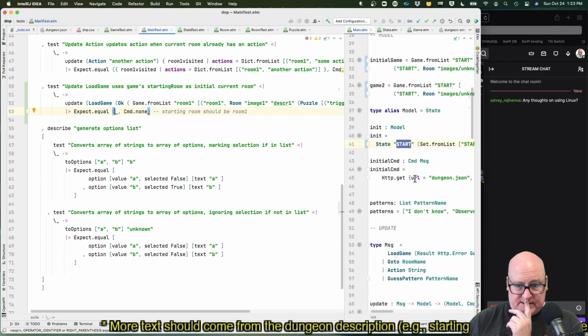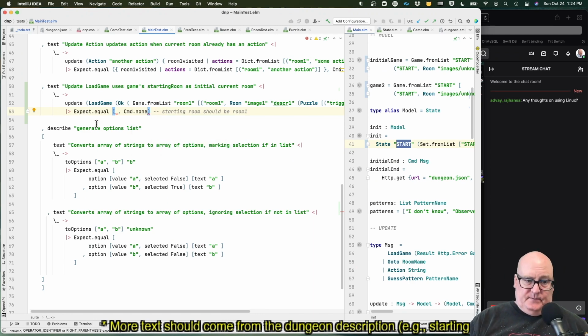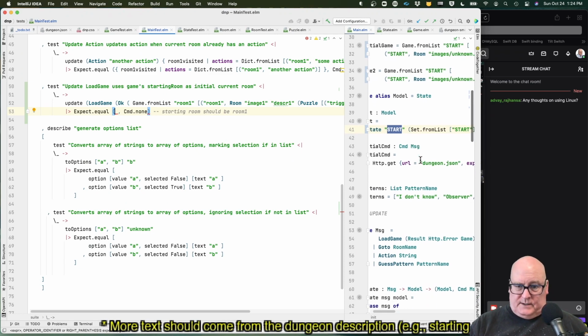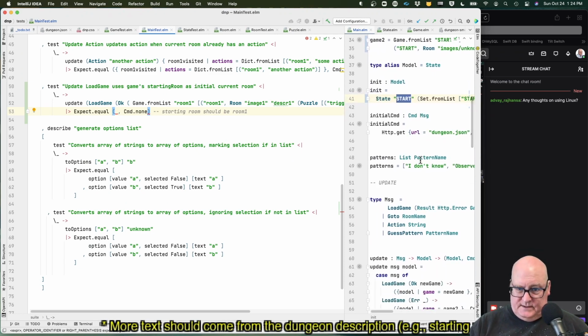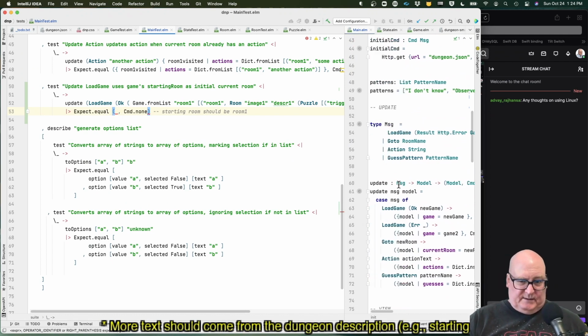Maybe I can make this easier. Well, okay. This is where I'm kind of too ignorant in Elm still. I've got a command and a message. I'm sorry, a model and a command. Am I right there? Message produces model command. Okay, so I've got those two. I don't really care about anything except in the model, does the current room equal the starting room? Okay.